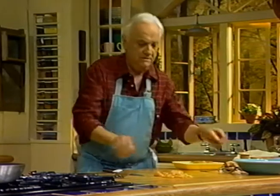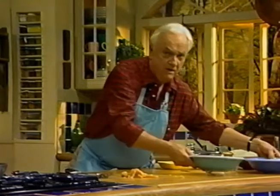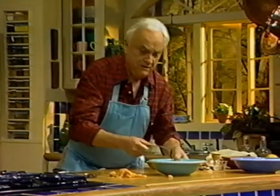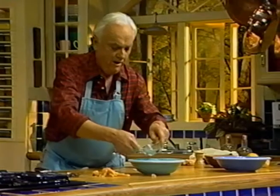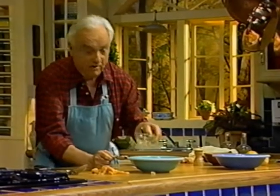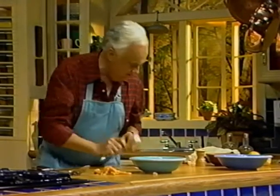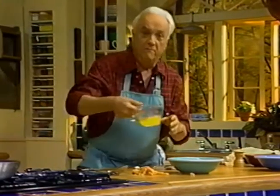So to do this, we're going to need an egg. We're going to have to do some breading. So I'm going to do an egg breading. The first thing we do is an egg wash. We need one whole egg, 2 tablespoons of water. You know what? If you don't want to use water, I tried it one time, I used some white wine. It's not bad either, you know. A 1/4 cup of melted butter,